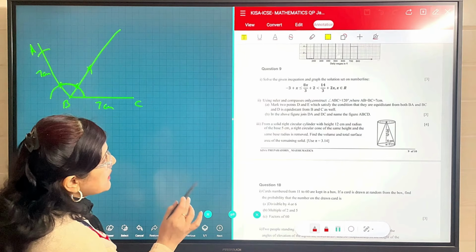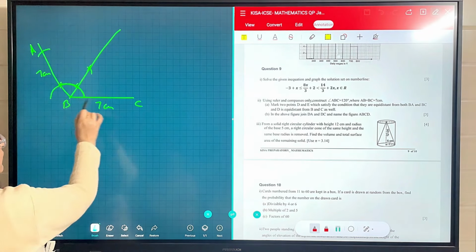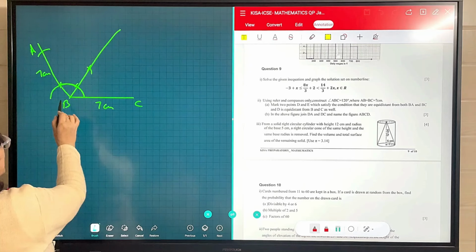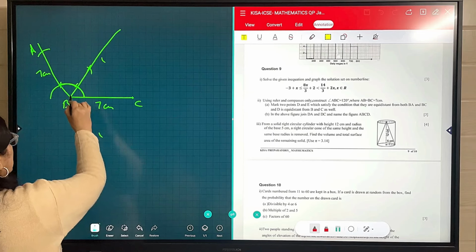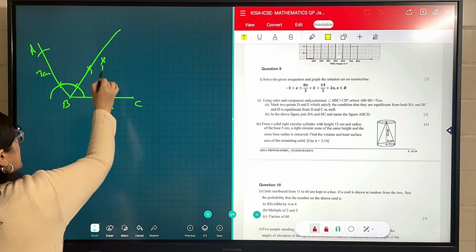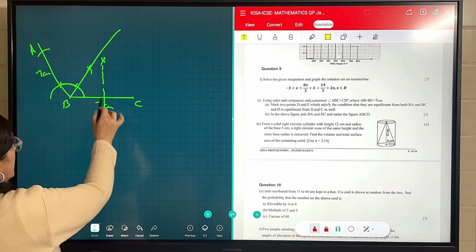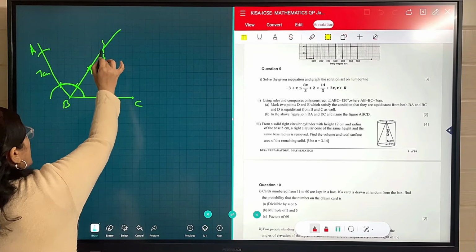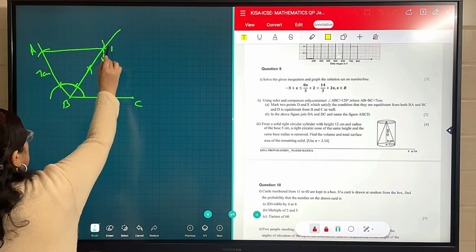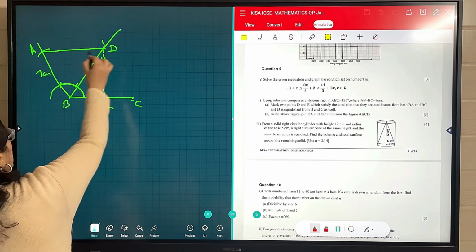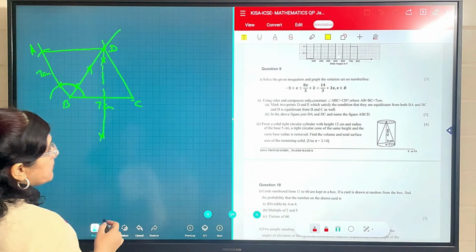Now second, D is equidistant from B and C as well. When any point is equidistant from 2 points, it will lie on the perpendicular bisector. For drawing the perpendicular bisector of B and C, we will place the compass at C and mark an arc like this, and on B we will mark like this. It means the perpendicular bisector is a line which is bisecting this line BC into 3.5 and 3.5. Now the point where these two lines meet is the exact point D, and then we will join these points. So this is C, B, A and this is D. So in the last, join DA and DC and name the figure ABCD.